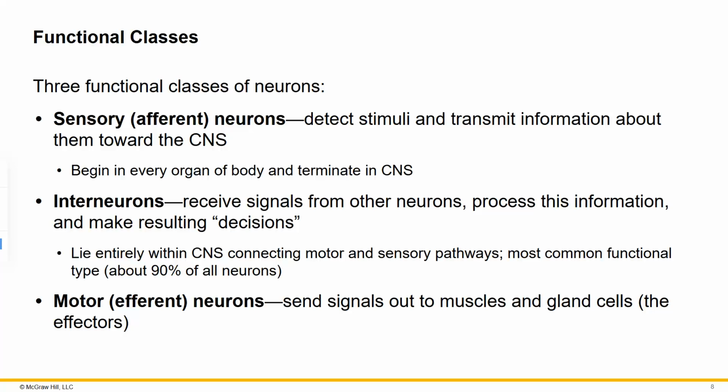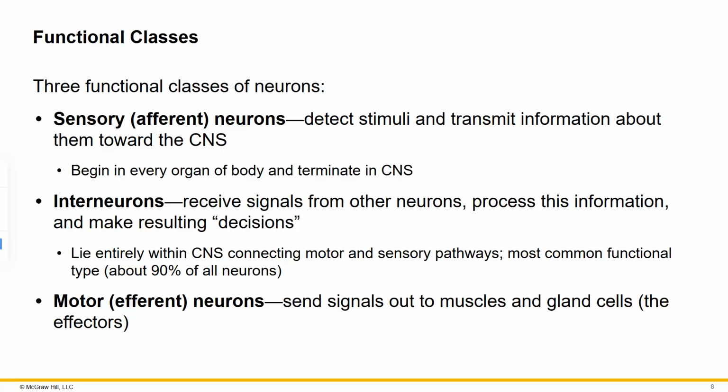Three functional classes of neurons: the sensory neuron, interneuron, and motor neuron. So we kind of already talked about this when we went through the divisions just now, but the sensory or afferent neurons detect stimuli and transmit information about them towards the CNS. So sensory neurons are going to sense things in the environment, and then they're going to send that signal to the